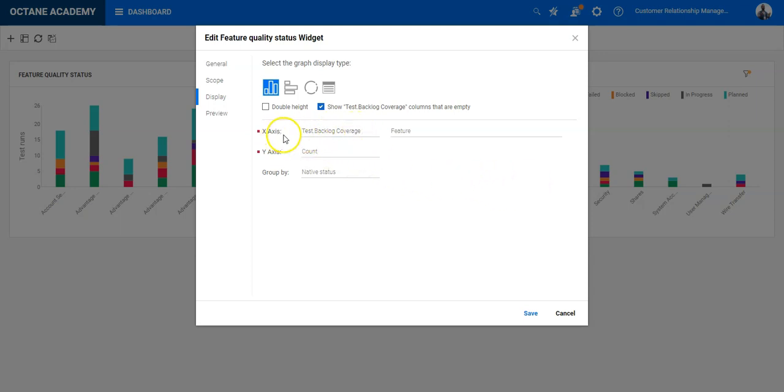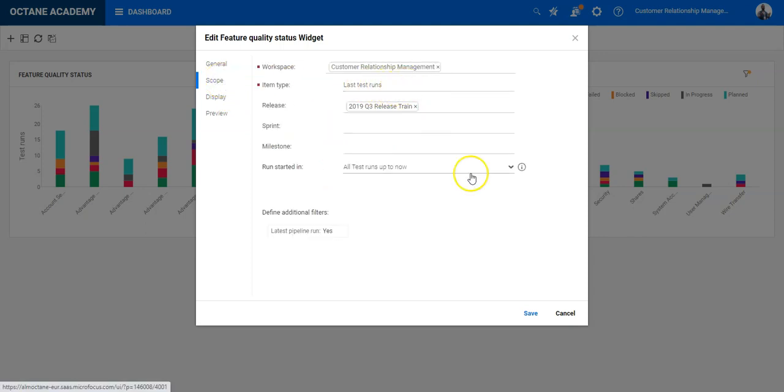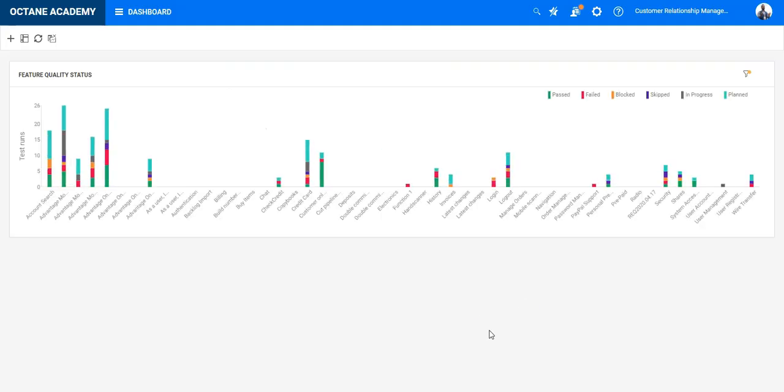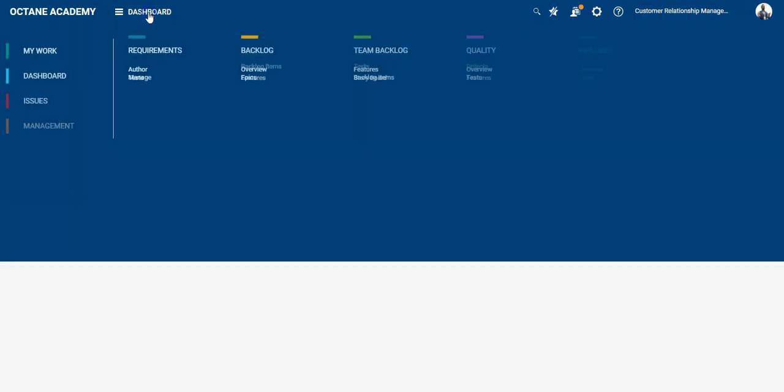And then you can leave the x-axis with this configuration because we want to see the features. You could also switch to epic or user stories if wanted, and the count on the native status of the entity which we have selected here. Yeah, so let's say save and apply. And now I can see here different areas which are not covered, different backlog items and features which are not covered in this widget, which are not covered by the test coverage,